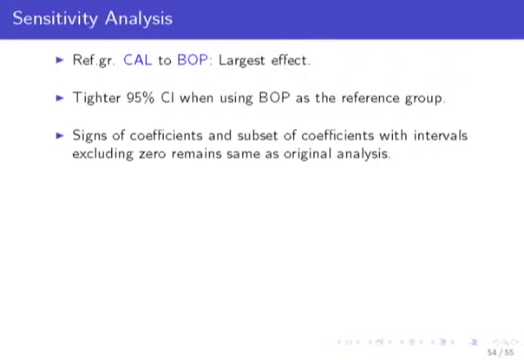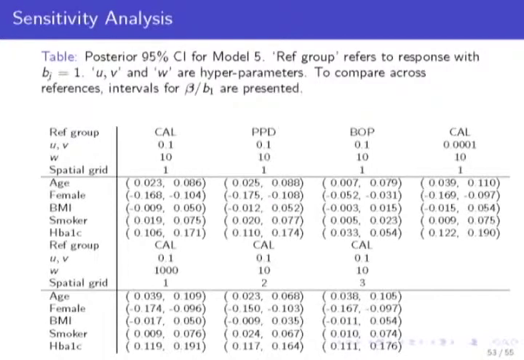So what I would guess here is that you do have something to consider on the group that you choose for your identifiability. But we consider probit because it is very easy to do the MCMC. You can also do some other kinds of transformation, but this is what you get. There is some sensitivity when you change to BOP as the baseline group, but there is not much going on in pocket depth. What is happening here is that it is getting much tighter, but the point estimates are not shifting too much.